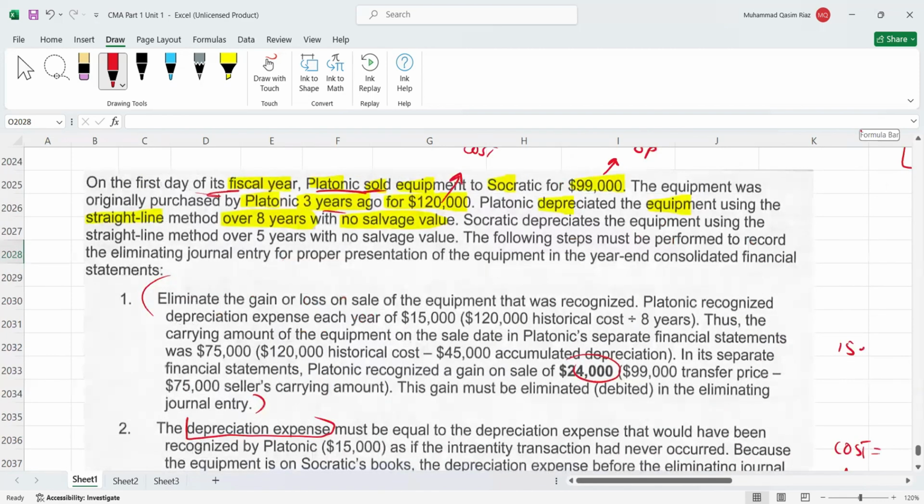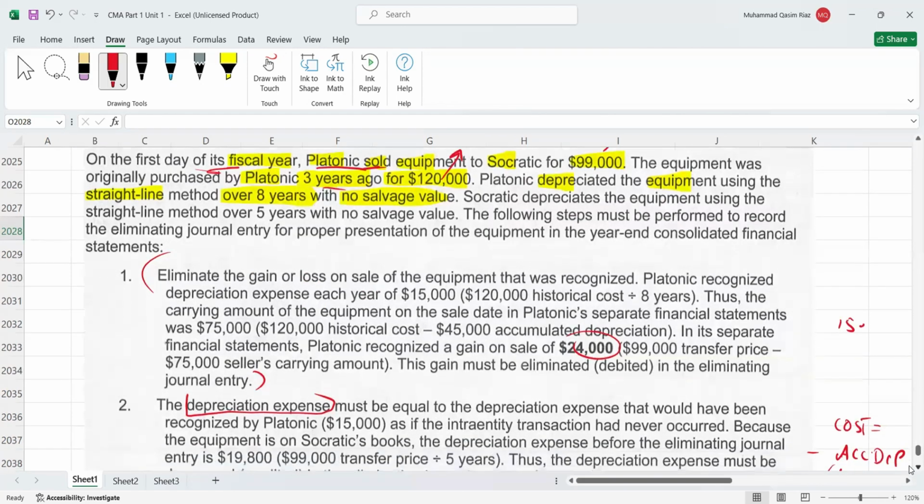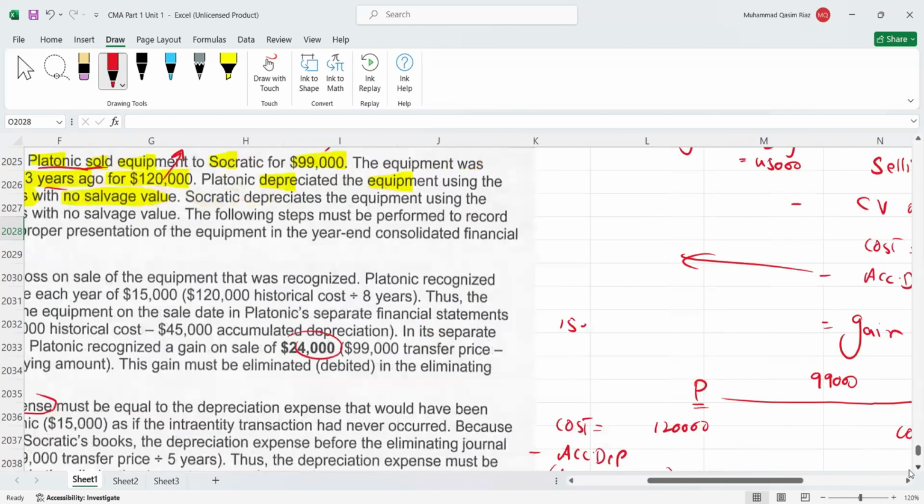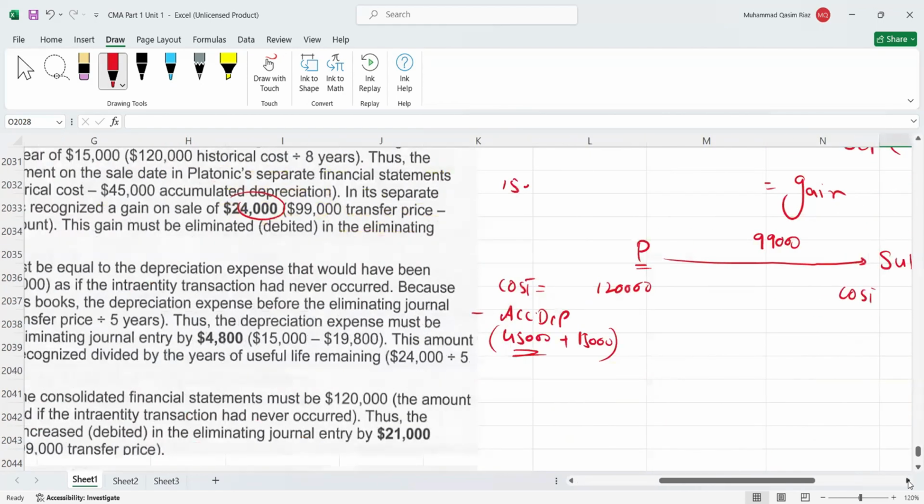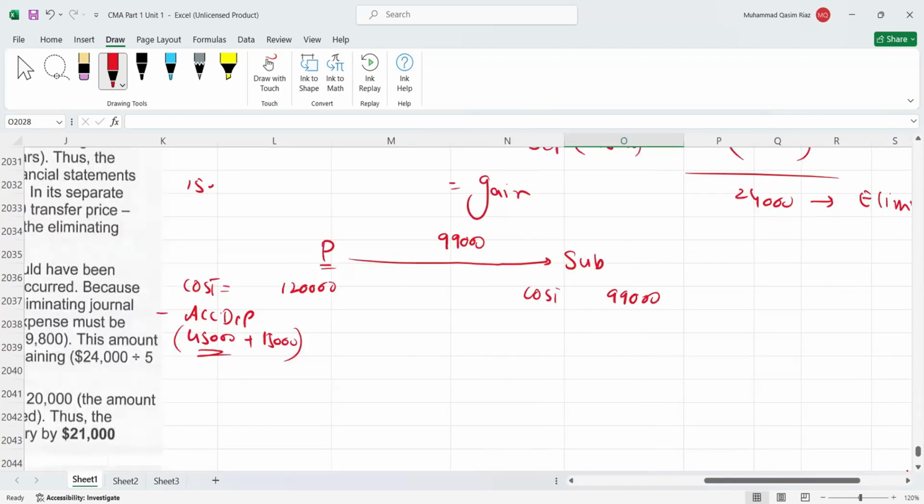Now, if you are preparing the consolidated balance sheet, that has to be prepared at the end of the year. It means one more year has passed, right? So this is what I'm telling you. So accumulated depreciation will be 60,000. So it means carrying value should be, at the end of the 4th year,